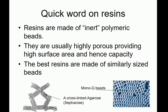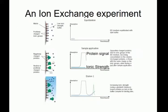They're porous to give you high surface area, so they've got high binding capacity. And the more homogeneous the size of the beads, the better your column will perform, but the more expensive the column will be to buy. And usually made of cross-linked agarose, Sepharose. And your experiment will go something like this. It'll be really straightforward. You've got your matrix on the left,